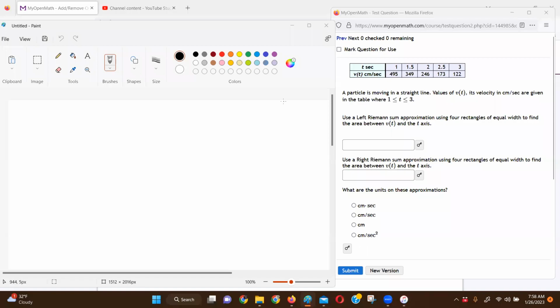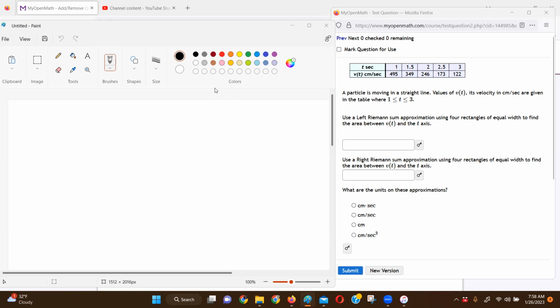Okay, so now we're finding an area underneath a curve that's defined by a table. And one thing I'm noticing about this table, do you see how the y values are decreasing? So I suspect this will mean that, let's see, how much is it decreasing by? It's dropping by about 150, then it's dropping by about 100, then it's dropping by, what about 75, and